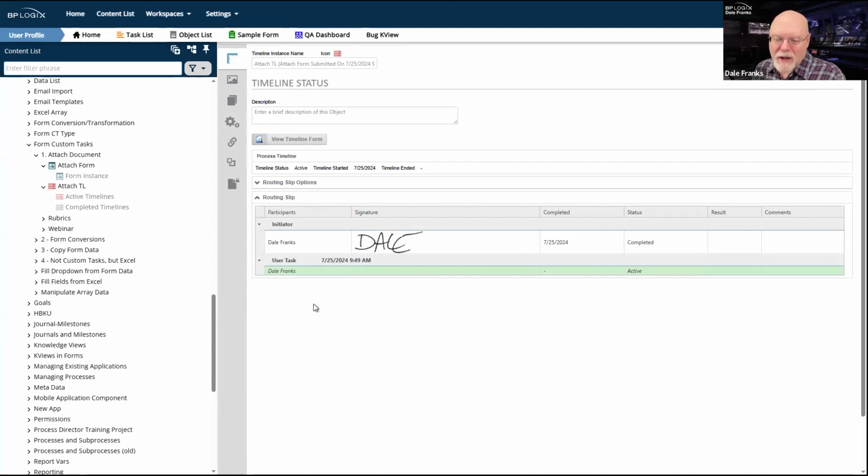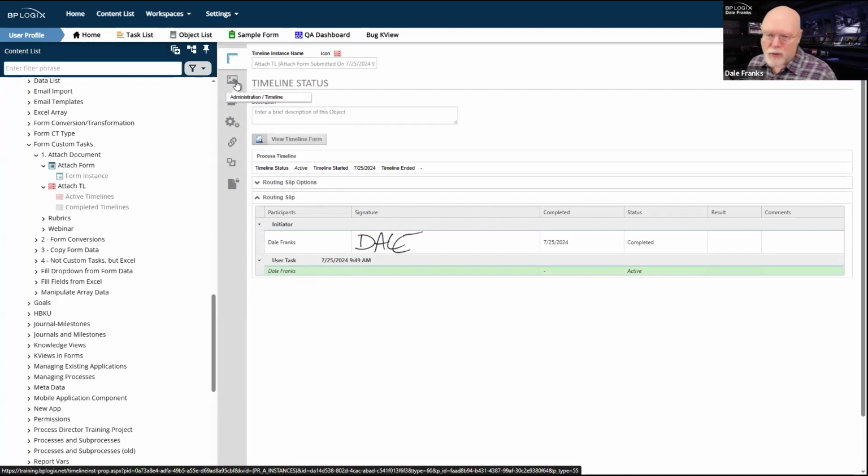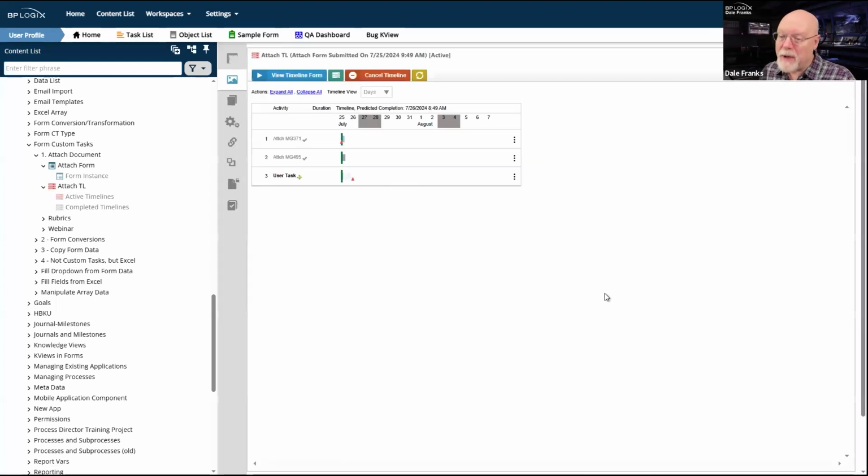And it's running. I've got user tasks. The task is assigned to me, but I'm not here. I'm going to need to make some administrative changes to this task to ensure that it doesn't sit around for 2 or 3 weeks while the assignee is on vacation. So I am going to have to go to administration timeline. The administration timeline tab is where I do all of my management actions on the process instance itself.